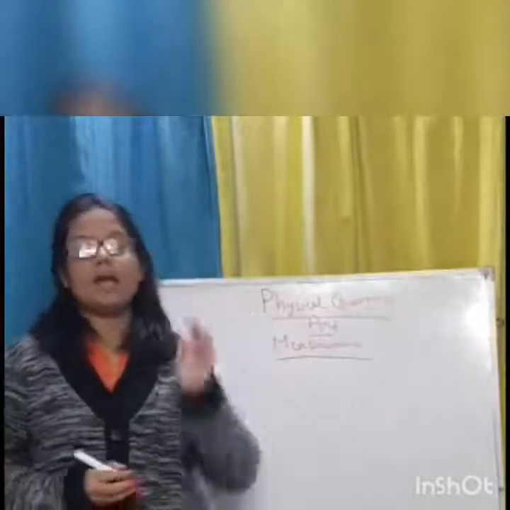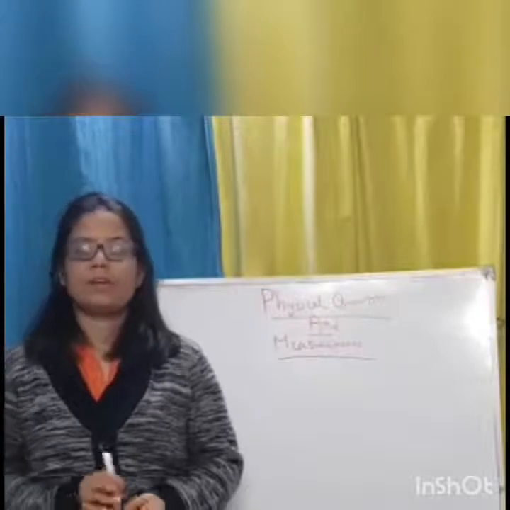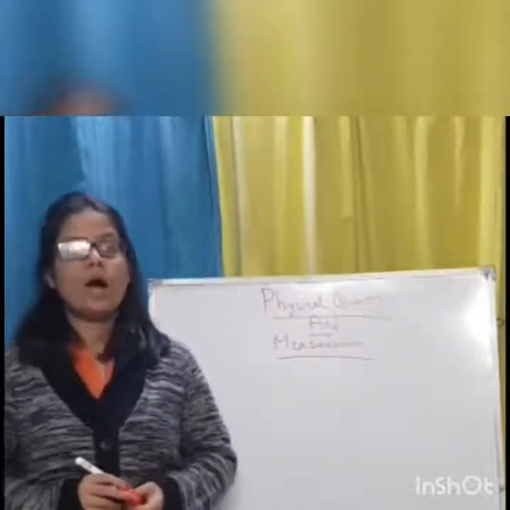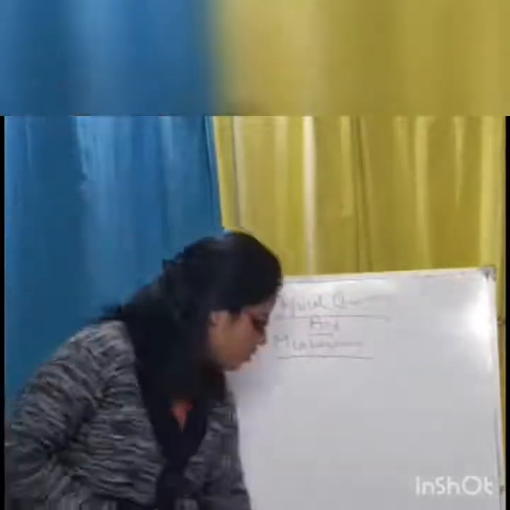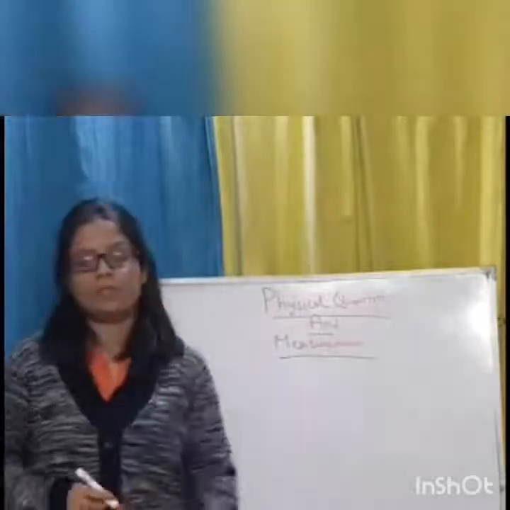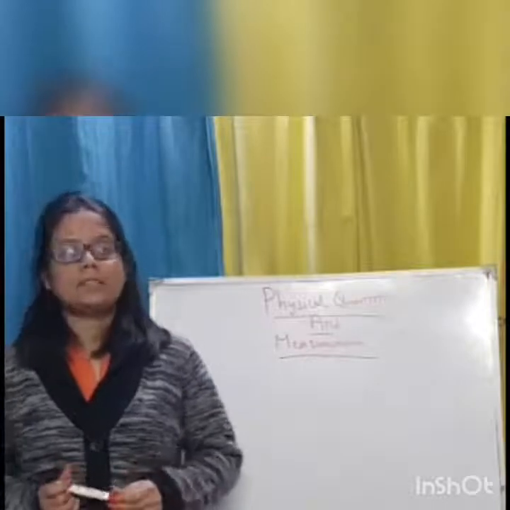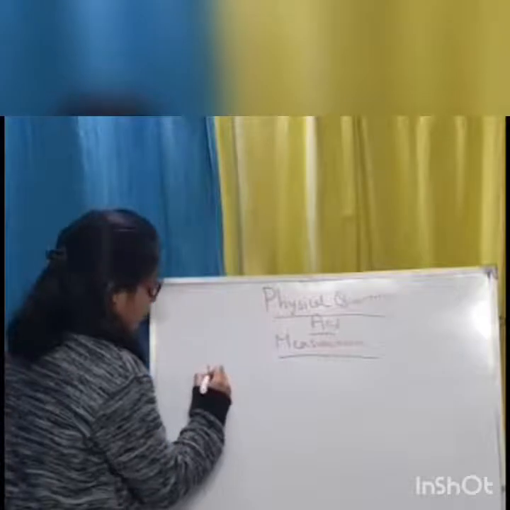We have studied how we can find the density of different kinds of solids, whether they are regular solids or irregular solids. In this class, we will go over how we can find the density of liquids. Now, there can be two ways in which we can find the density of liquids. One is by measuring cylinder and the other is by using the density bottle. Now, let us see how we can measure with the help of a measuring cylinder.